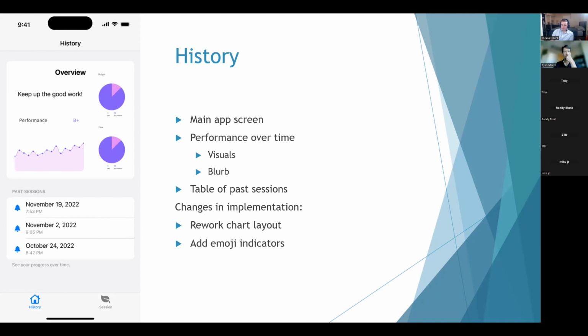I think that's really cool. It rotates in every hour or so, and it just provides an extra bit of motivational messaging that can kind of help you out. And then the bottom section has your table of past sessions. So that'll allow you to view details for specific past sessions. And in the implementation of these, I changed a couple things from this mockup you'll see. So you'll see that the overview screen will be a little different on there, like I mentioned. And also the past sessions have an indicator emoji next to them, displaying how well you did on that session. And I'll talk a little bit more about how the sessions are graded later.